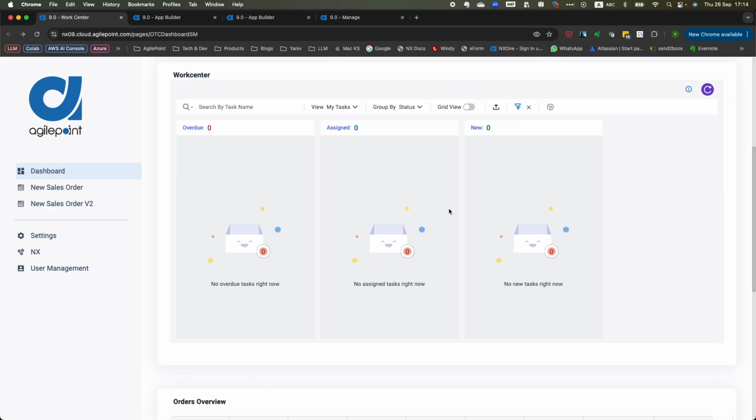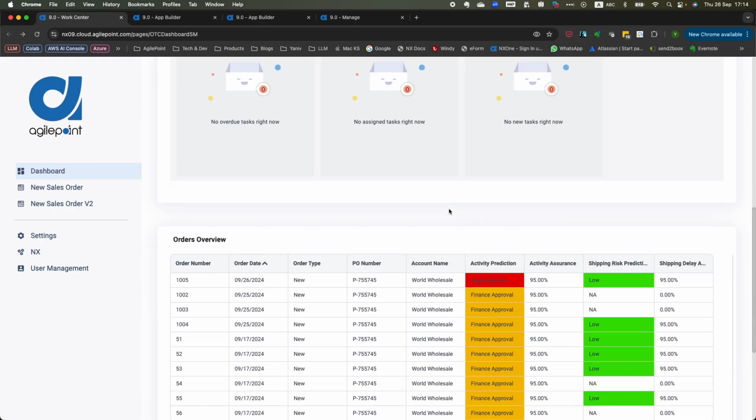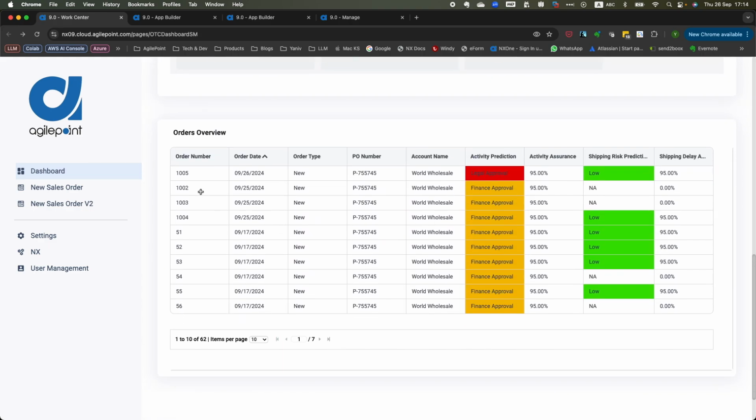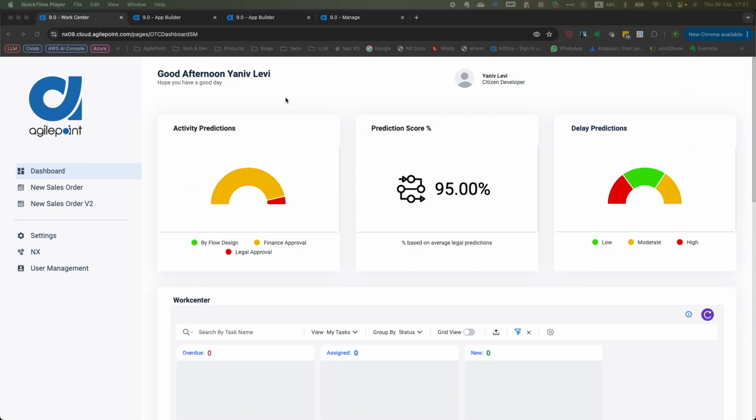Below that, I have, as you're probably familiar with, the work center, and below we have one more report which shows us both current and past order-to-cash requests, also including the prediction for the export control with the prediction label and score, and the prediction for the shipping delay risk with the label and score. With the prediction data being captured, audited, and visualized using these different widgets and reports, you can already start to see how we can get a clear oversight at any given time about how AI is being used and its